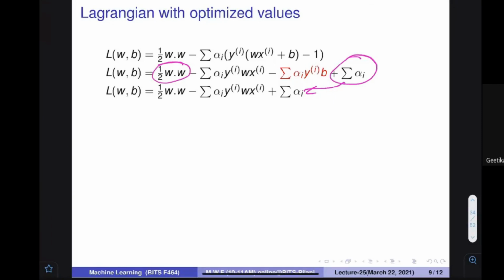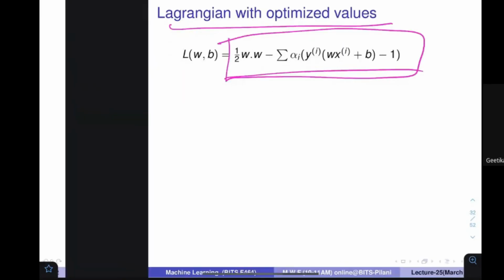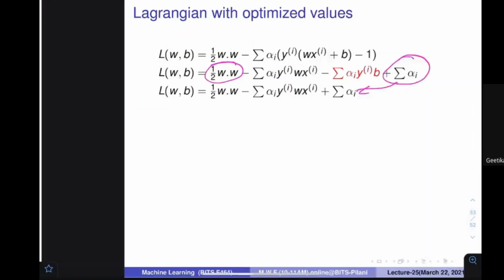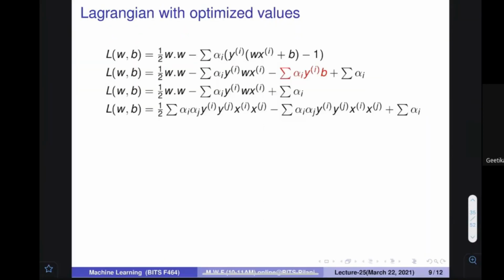You know what the value of w is? w is the summation of alpha y and x. So you put in the summation of alpha y and x, multiplied again by the same thing, and you can put it in this equation. Here a single multiplication, single summation is written, but please treat it as a double summation. There is one summation term and another summation term, they are multiplied, so a double summation would come, but just for the sake of brevity we have written a single summation. So all possible multiplications of alphas, y's, and x's. This is going to be the quantity.